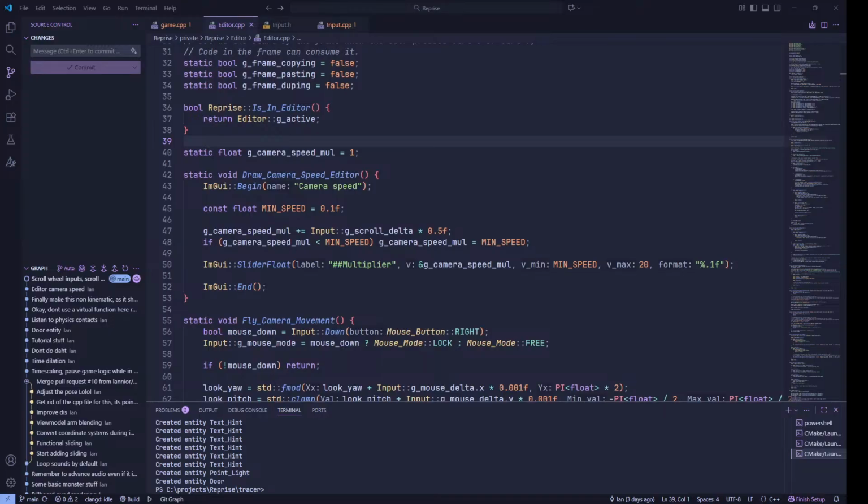I'm super sure that I noted this down somewhere. Oh, there we go. Okay. So one other thing that I wanted to do was separating the positional grid, or I guess snap, from angular snap. And so what I'm talking about here is